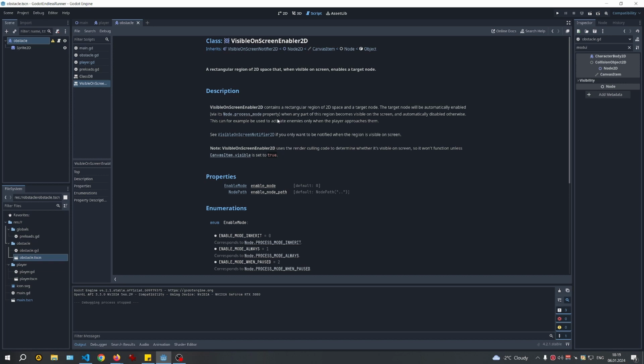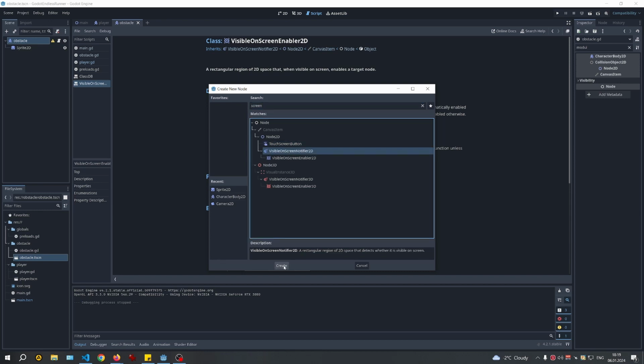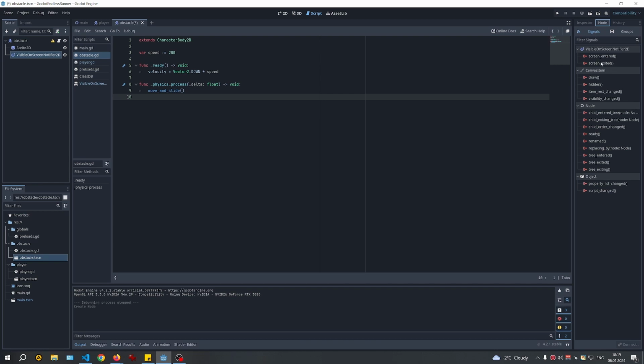Okay, this is something similar, but it doesn't remove. We want to be using not this one, but the visible on screen notifier. This visible on screen notifier has something like a screen exited signal built in. So now we can either connect it from this window, which I don't recommend. I recommend doing it from code. It's much cleaner, and because signals sometimes weirdly disappear if you move scenes, so I try to only connect